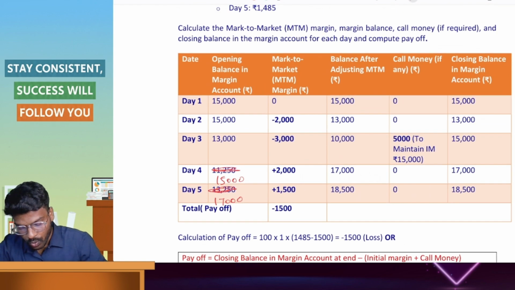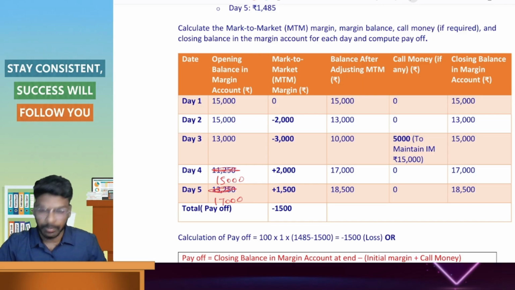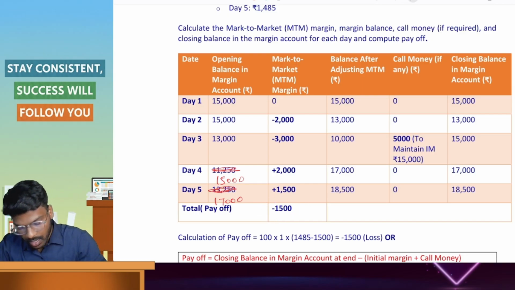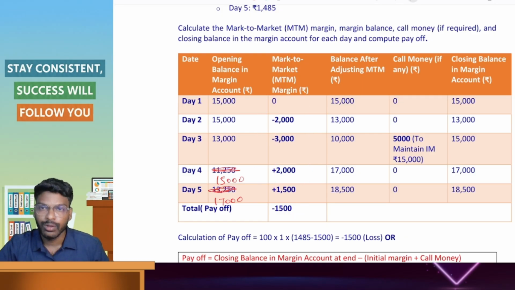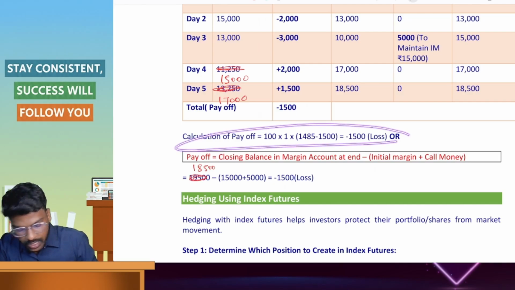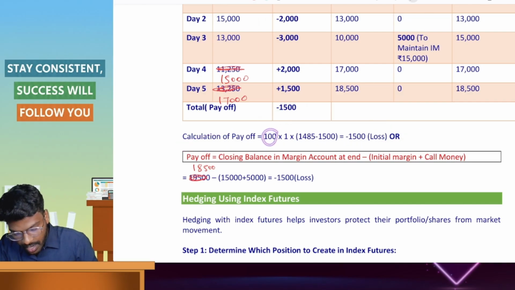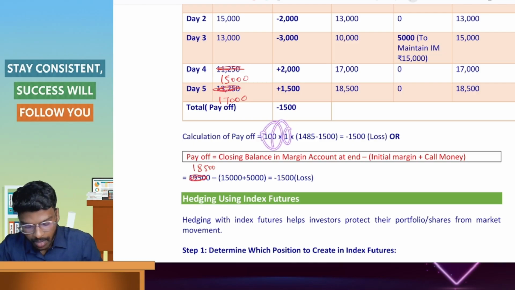So now, while adding this amount, we'll get the total payoff. On the date of maturity, what is my gain? The question can ask you, what is the gain on maturity? This can be computed by totaling it. We will get a value of total payoff on the maturity date. Or you can compute the gain or loss by 100 into one contract, that is lot size into number of contracts,